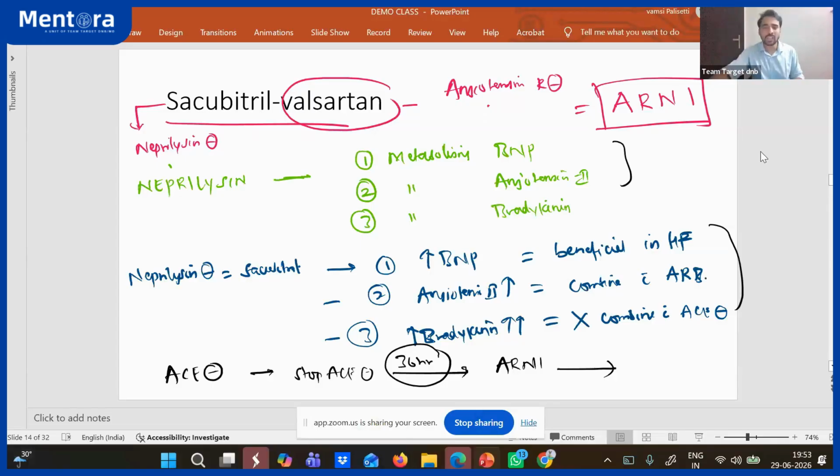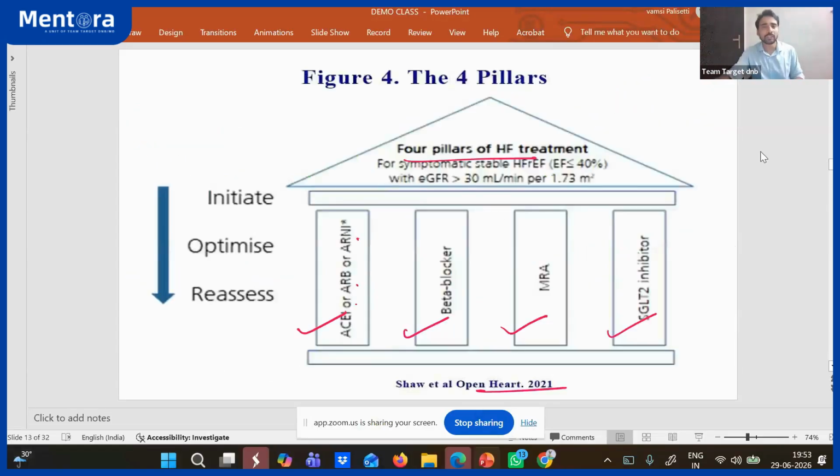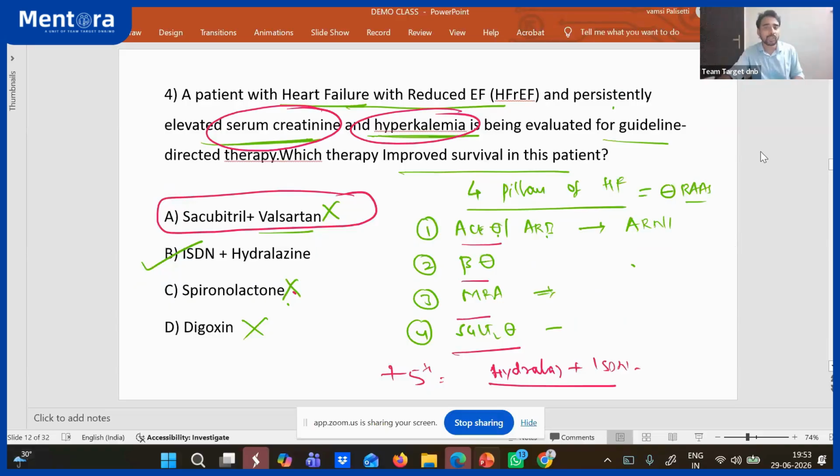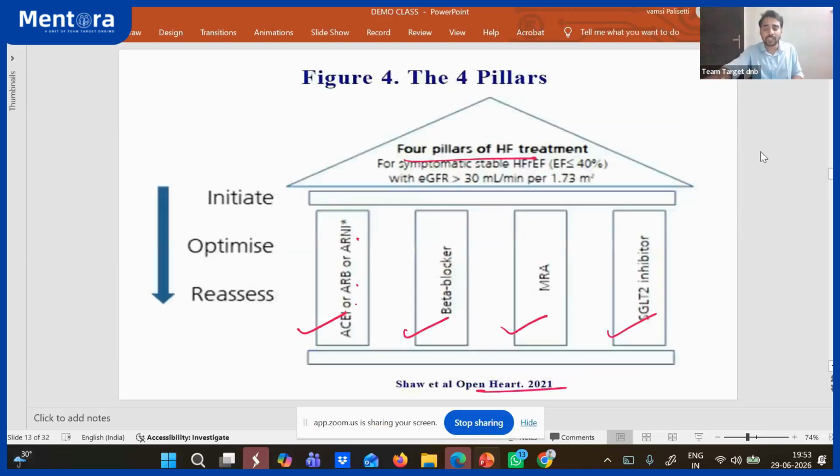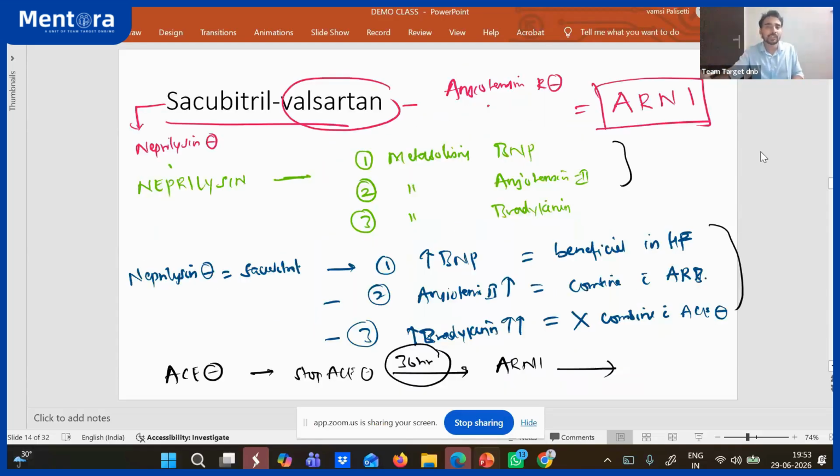Right. So if there's no doubt, go to the next question also. So this is the question they're asking. Even though they ask just a simple heart failure question, what is the treatment? You should know what the 4 pillars of the treatment are. Apart from the 4 pillars, what is the other drug which can improve survival in heart failure? That's isosorbide dinitrate hydralazine, which is very important. And the important thing is valsartan sacubitril. You should know what the actions of neprilysin are. So what are the effects you get by giving the neprilysin inhibitor sacubitril? That's why it is combined with the ARB. Why is it not combined with the ACE inhibitor? When a patient is taking an ACE inhibitor, if you want to put them on ARNI early, how much time do you have to wait? It's 36 hours.